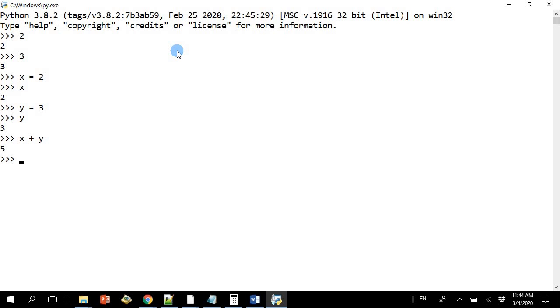So what has this last line done for us? Python has taken the value in x and the value in y, added them together and given us a result of 5. If I wanted this result to be stored in another variable, I can also do that. I can create another variable called z equals x plus y. When I enter that and key in z, you see that the result of x plus y, which is 5, has been stored in the variable z. So as you can see, it's a very intuitive platform for you to learn coding